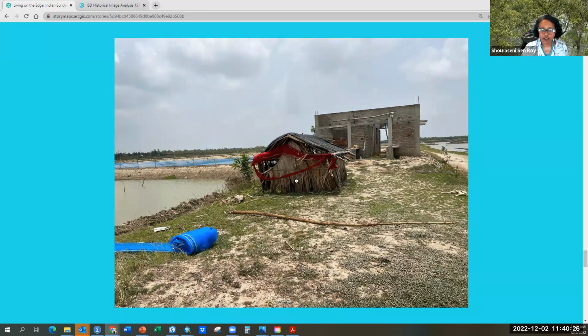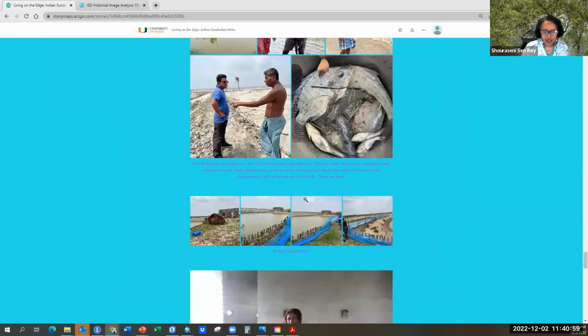A lot of them are actually aware of what's going on. They know that the coastline is eroding. They know that this is not sustainable. They can't be here forever. So what they have been doing is buying up land in the interior of the islands. My guide pointed out a lot of the residents, saying that they actually have houses inside the island, but they live here for their daily activities. So that's why sometimes you can see these houses which are very temporary in nature.